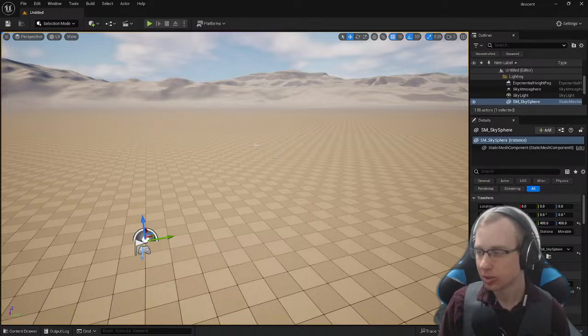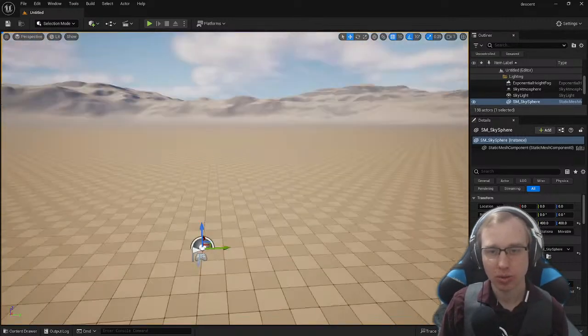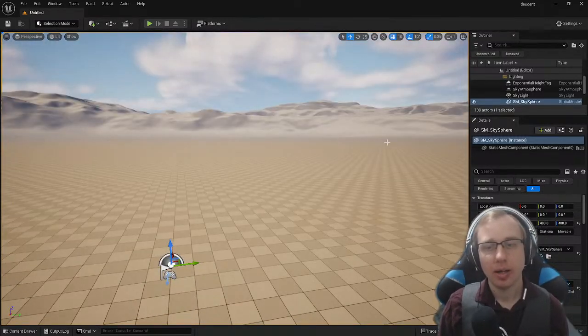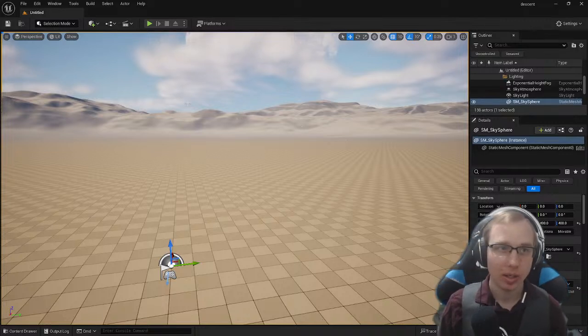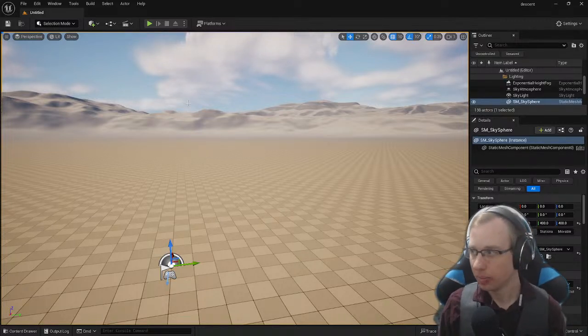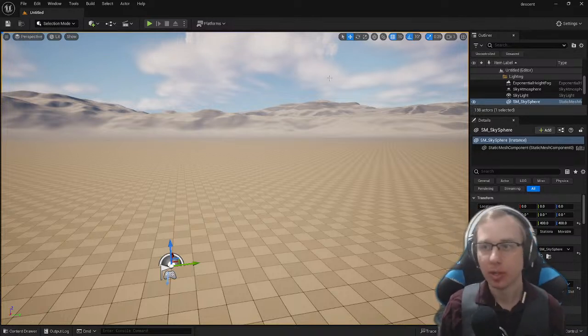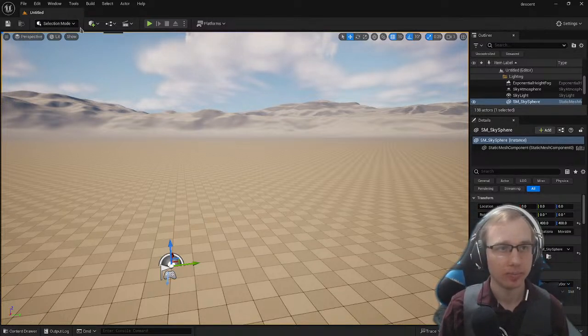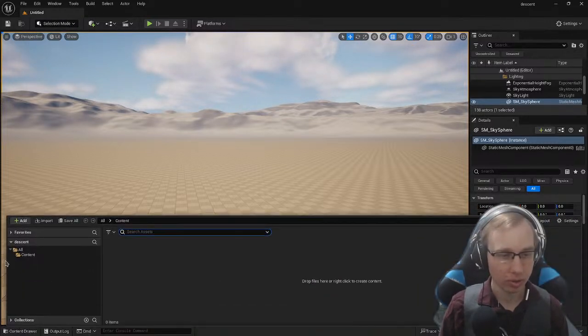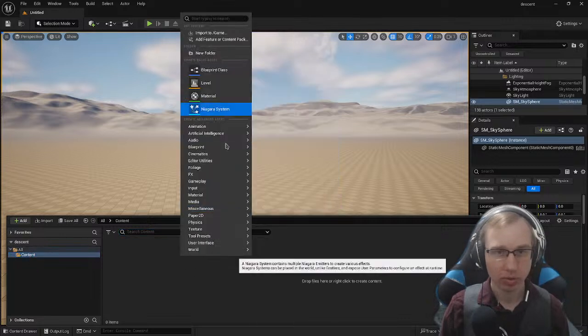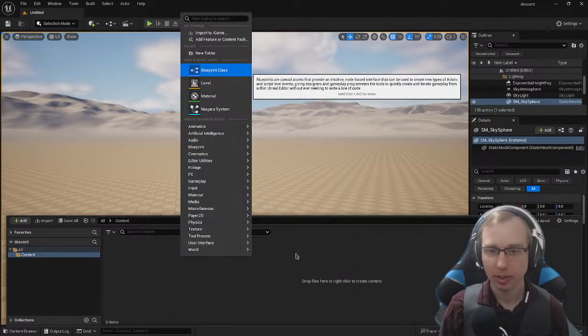And I realize that's some technical statements. We'll get into what a pawn is in a minute. And instead, we need a new pawn. We need to make a game mode that will point us to a different pawn. So let's start with that. We're going to go to our content drawer, and we're going to make a new blueprint class,